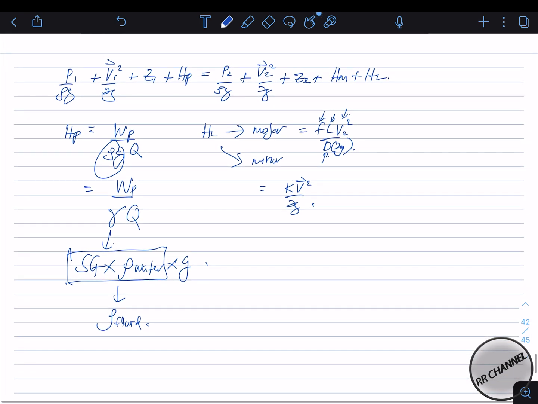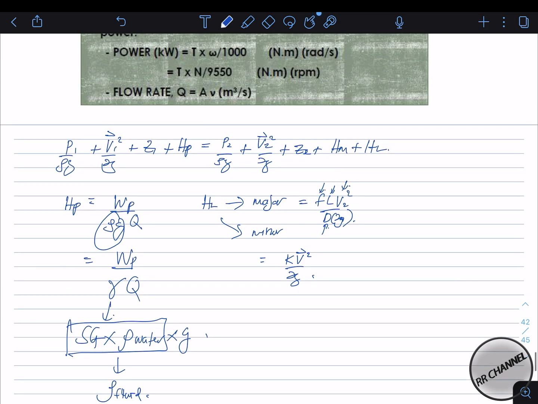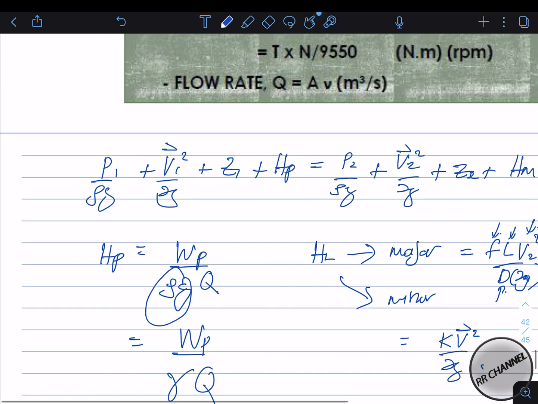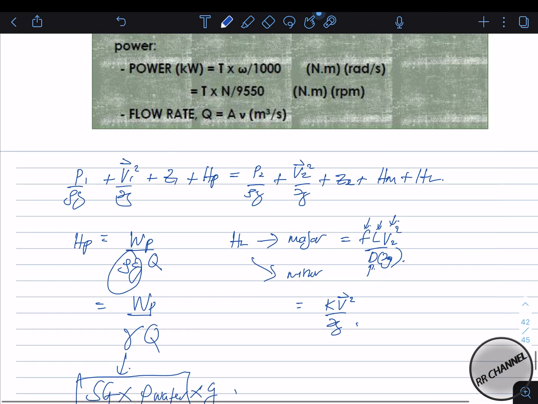And then if you want to find other terms, you need to make some assumptions, for example, an assumption for the velocity. When you deal with a reservoir, you need to make sure that it is approaching zero, and the pressure at atmospheric pressure level, we just put as zero gauge pressure. Okay, so now